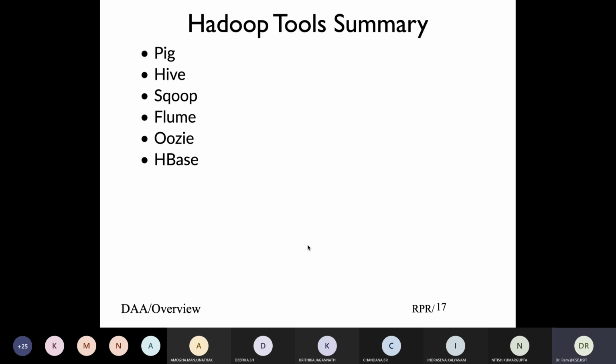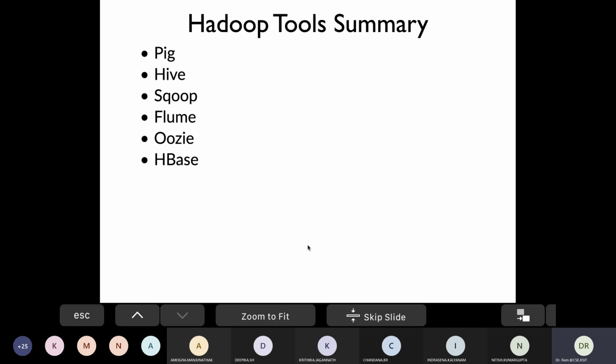So next class, we'll get into chapter 8, which is basically YARN. We looked at YARN, it schedules the mapper job and reducer job. We'll look at how YARN does the job, and that is what we'll study next. So that's it for today's class.